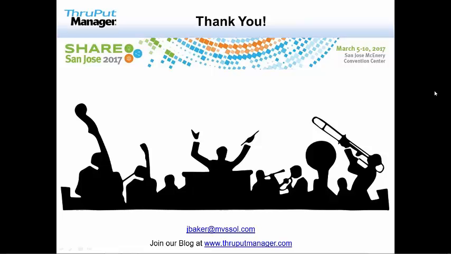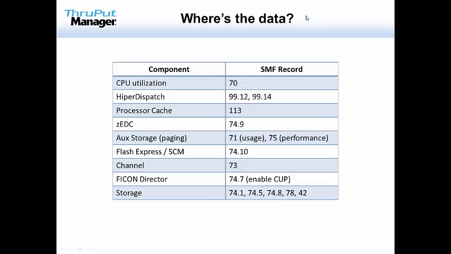There's not any significant overhead with increasing the interval length. That's more attributed to the cycle time, and that's something else. But it will collect a lot more data if you have a higher interval length. So if you're running SAS, MXG, things like that, that will run a lot longer if you've got a short interval length. And all of the records, good question. Let me quickly just jump back here, refresh my memory. A couple of them for sure. The FICON Director, you only need that on one LPAR. 74.5 cache stats, only need that on one LPAR. I think the others you probably need on every one.